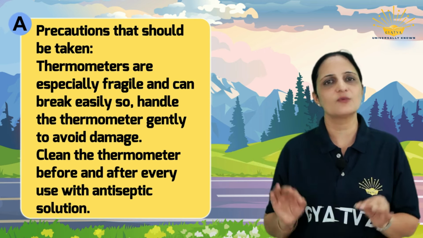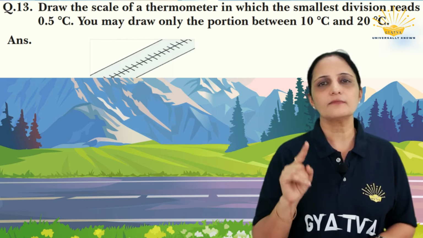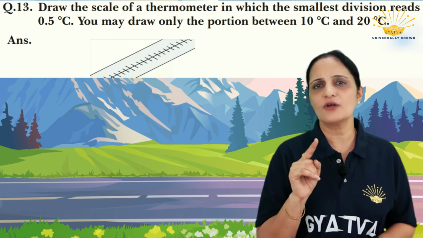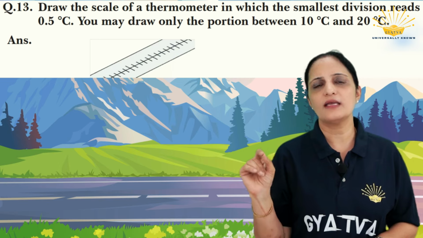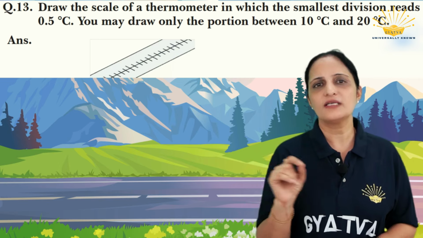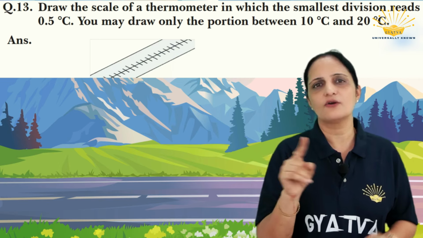Question number 13. Draw the scale of a thermometer in which the smallest division reads 0.5 degree C. You may draw only the portion between 10 and 20. अब आपने ड्रॉ करनी है स्मॉलेस्ट डिवीजन कितनी होनी चाहिए, 0.5. और स्केल का रीडिंग कितनी दी हुई है आपको 20 and 10। हमने स्केल बनाना है इसमें, तो स्केल इज ऑलरेडी ड्रॉन। 10 से 20 तक आपने डिवीजन शो करनी है और उसके बीच में कितनी बनानी है 0.5।